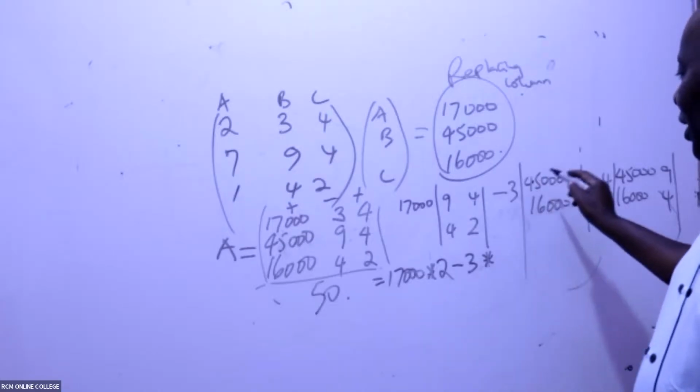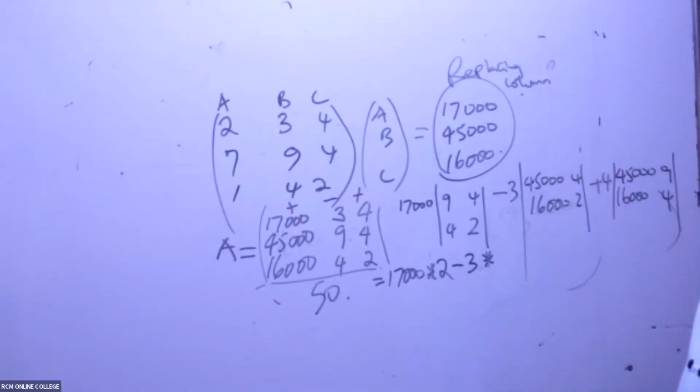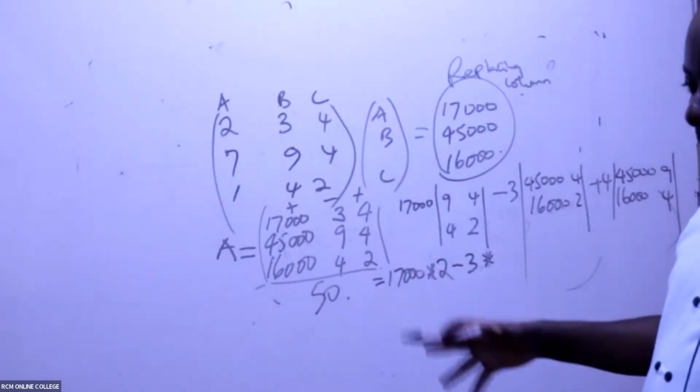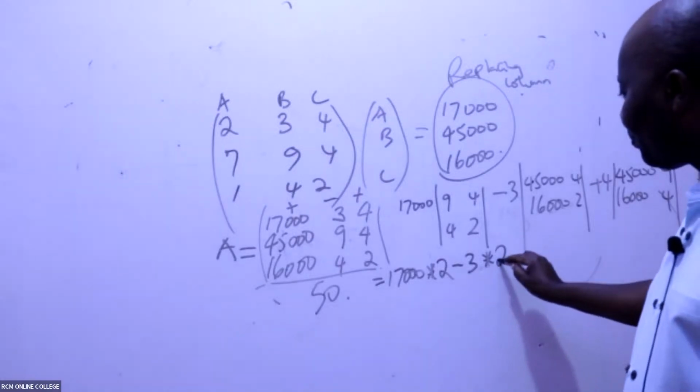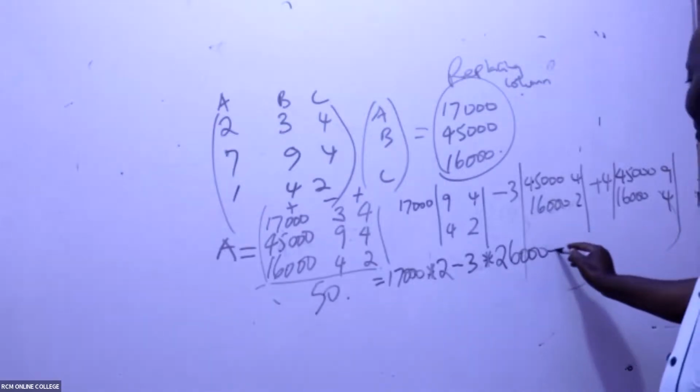So 45,000 times 2 minus 16,000 times 4. What figure are we getting there by any chance? Yeah, please relax. I'm repeating, relax. 26,000? 26,000, all right. So we have here plus 4